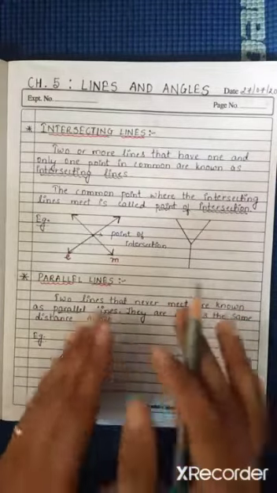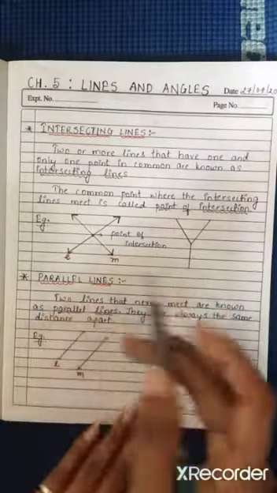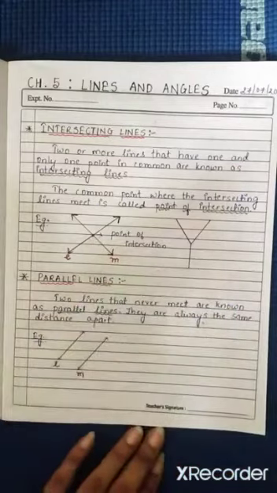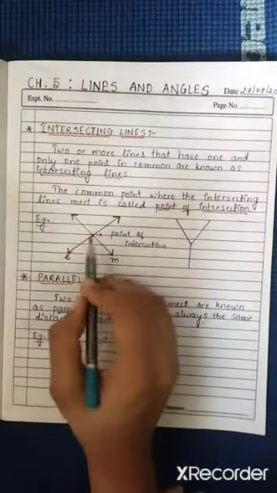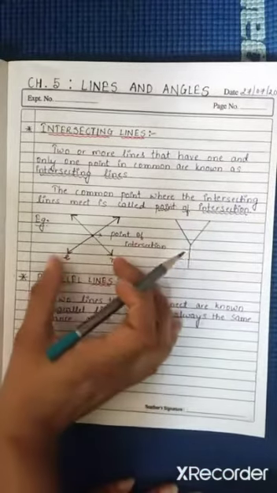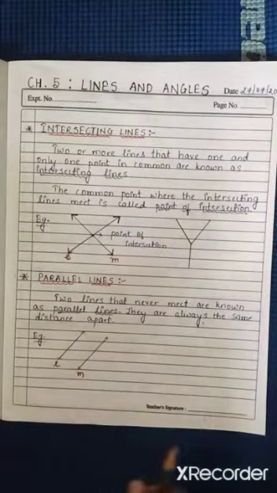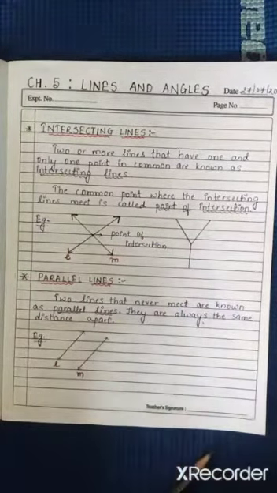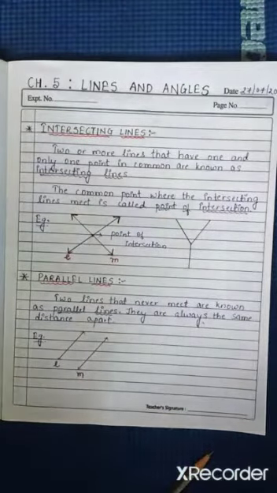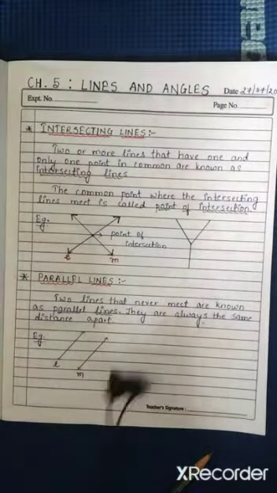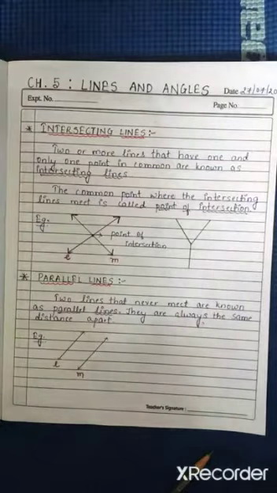So what's necessary for intersecting lines is that they should meet at some point. They should compulsorily meet at some point, and then these lines are known as intersecting lines. I have one example also. I have taken it from your day-to-day life just to make it more clear. I hope you get it.